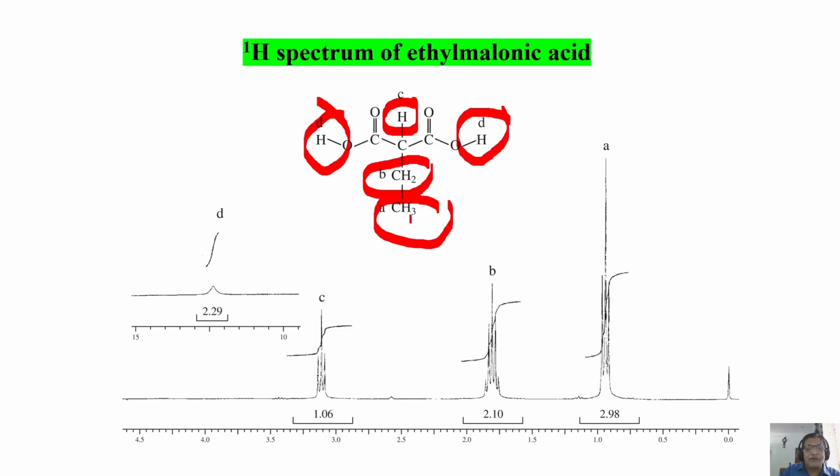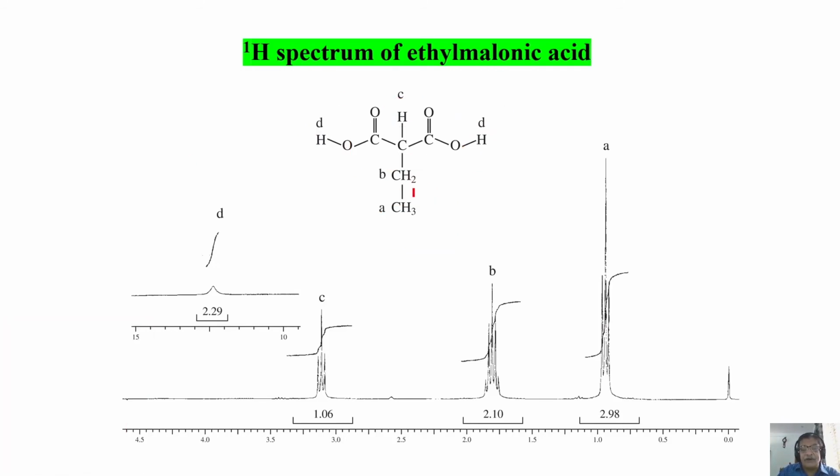How do you analyze this one? This CH3 group and CH2 group, very common. We have been analyzing this for quite some time. What is happening in this case? When CH3 and CH2 are present, this CH3 group is split into a triplet because of this CH2. But what is happening to the CH2? This is split into a quartet because of CH3.